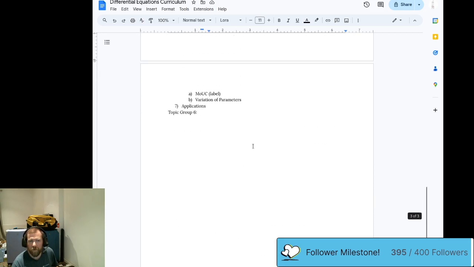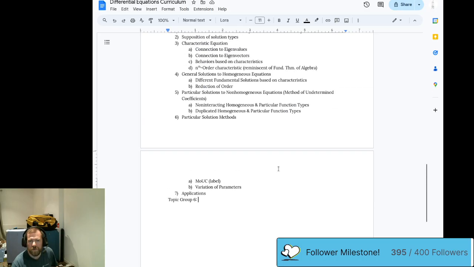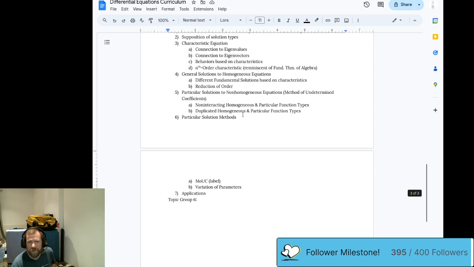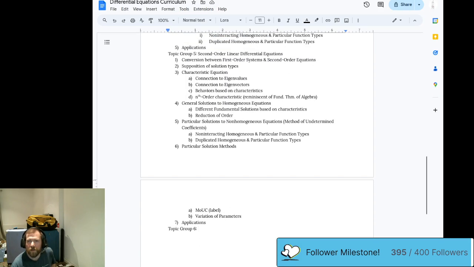Anyway, we are currently looking at filling out some stuff after method of undetermined coefficients and variation of parameters. Nice. Looked at finding, what was it, second order linear differential equations. So we have somewhere a copy of the